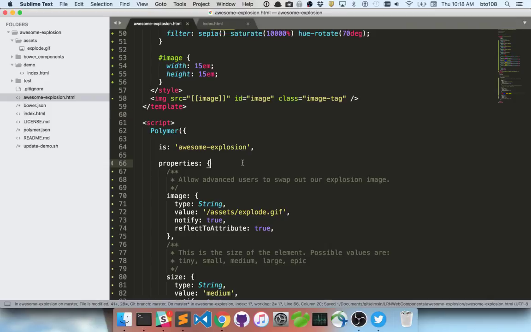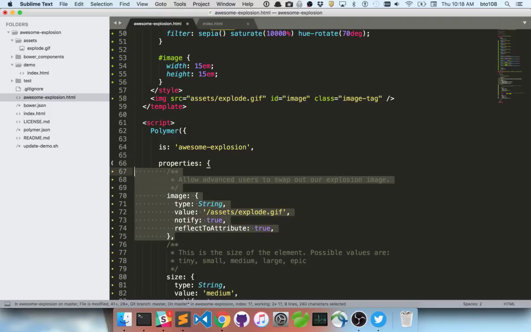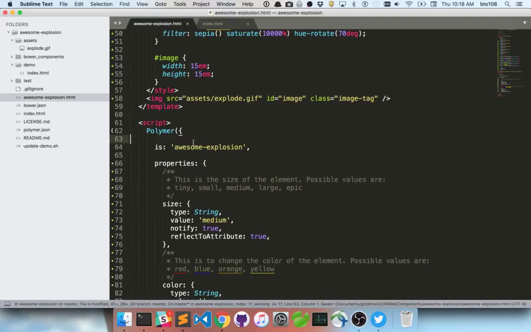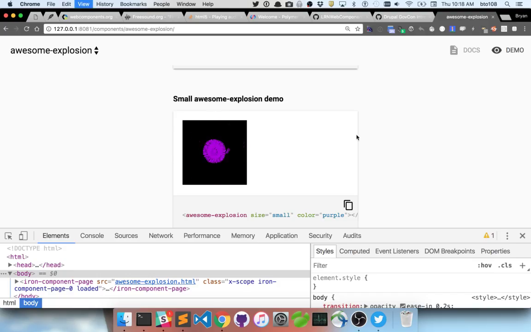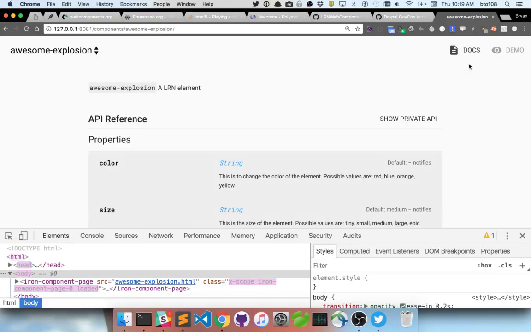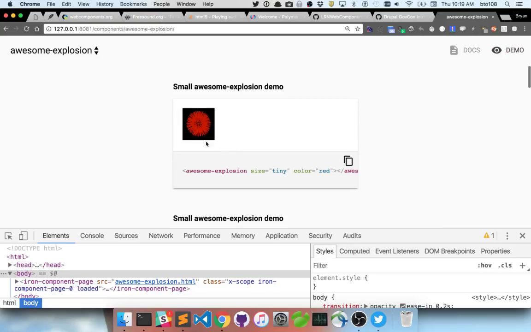So important to note, when pointing to things relative to where they are, or you have a path that just shows up, you're going to have to worry about some relative pathing types of things like that, I guess. So let's just leave that in this mode. We don't want people to be able to hijack that. So now we made awesome explosion, and it's documented, and I can get it up on webcomponents.org,